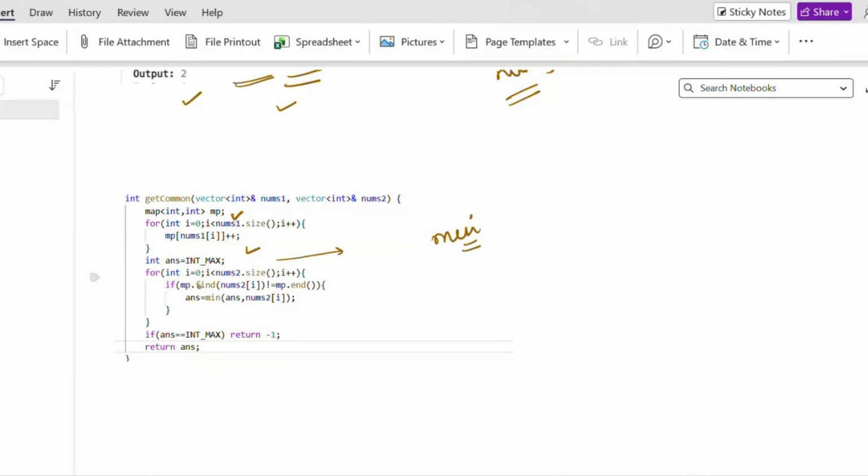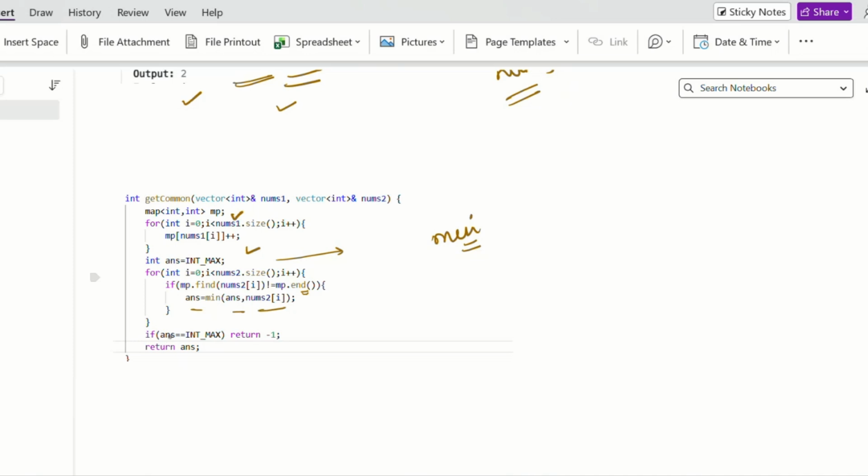Then I start traversing my nums2 array, and I check if nums2 of i is present in the map or not, that is, not equal to mp.end(). That means we are able to find this nums2 of i in my map. If I'm able to find it, I do answer equals minimum of answer and nums2 of i.